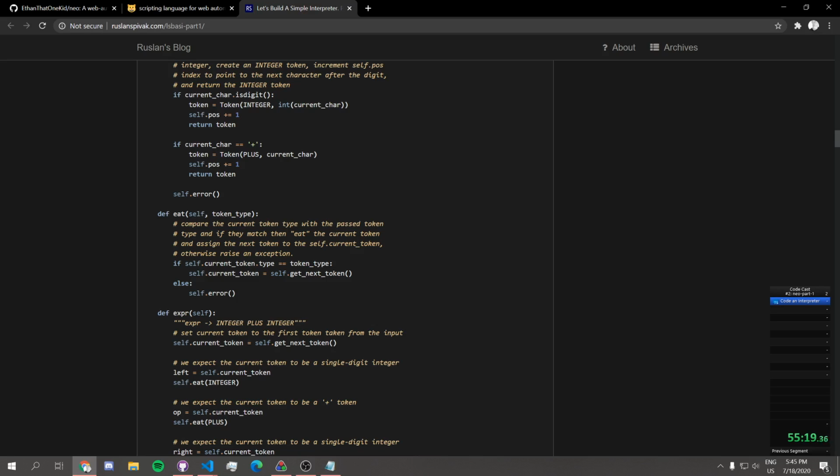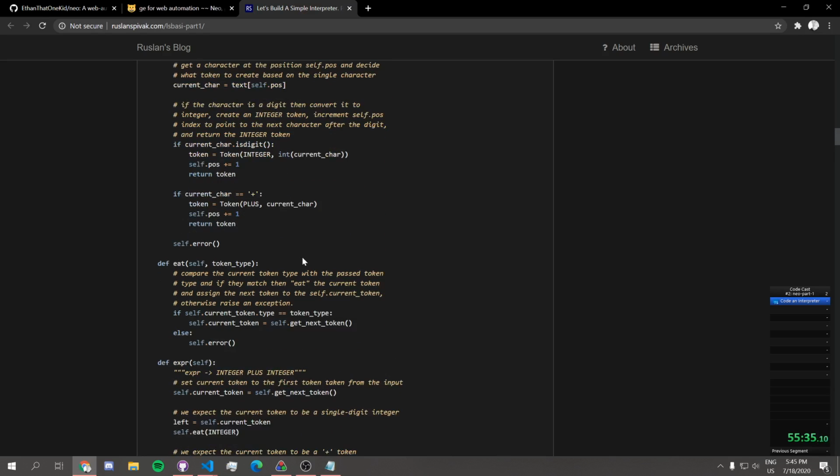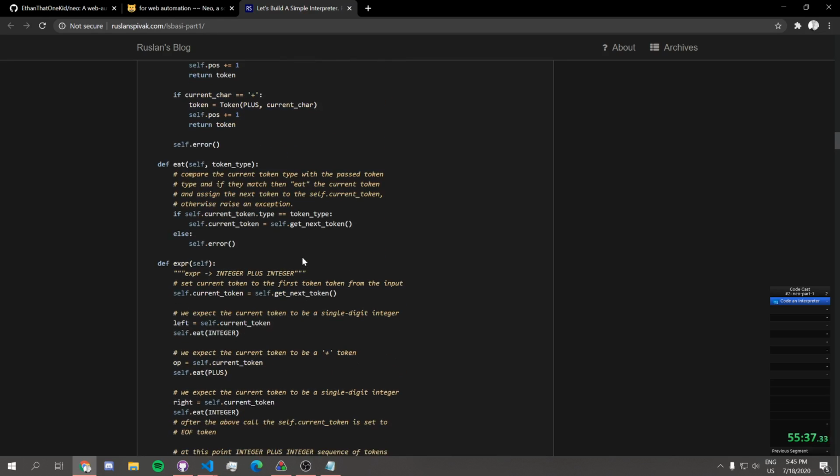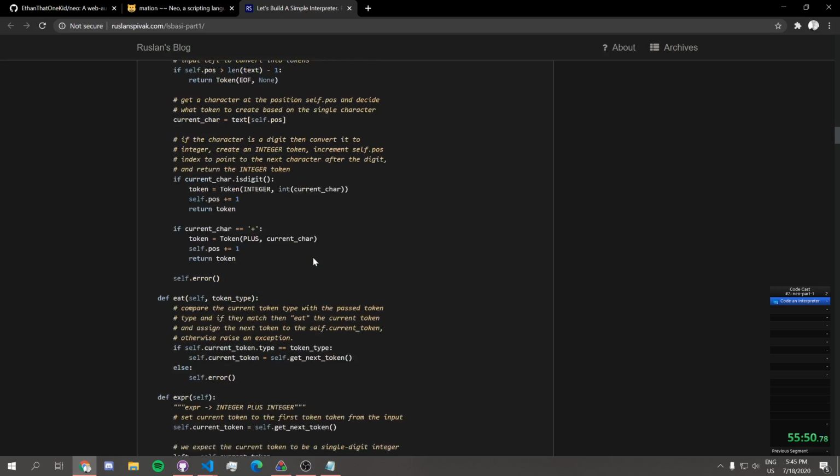So let's say my current token is, basically, set current token to... so the current token is going to be me getting, at the beginning, in